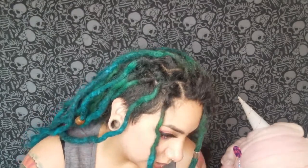So this is 75% wool, 25% nylon, and this is West Yorkshire Spinners Signature 4-ply. And it's beautiful. From England. Wow. Clearly, I like this color already because, I mean,